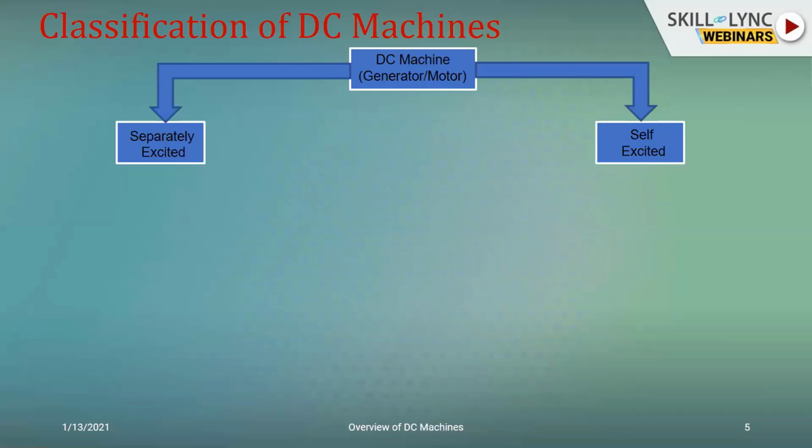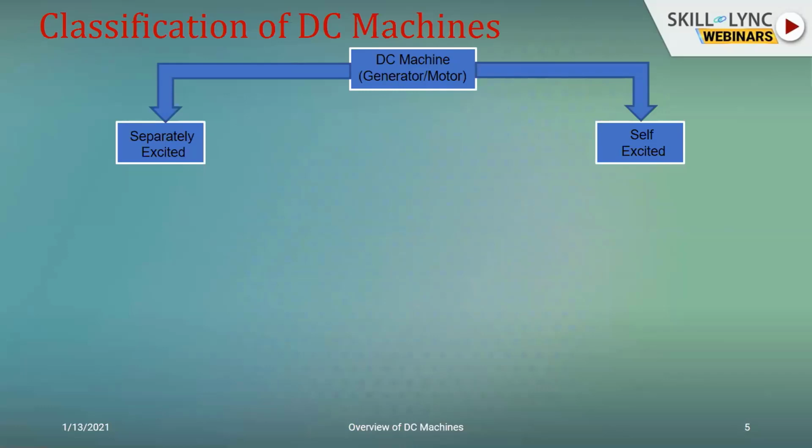If you talk of the excitation, the separately excited and the self-excited, we just say that the separately excited machine would be having its field winding, which will have a lot of turns of thin wire, and they will be connected to a separate external DC source. The excitation is going to be provided externally, and it's going to be a DC source, because of which it is known as a DC machine. And the voltage of the DC input supply will have no relation to the developed voltage in the armature.